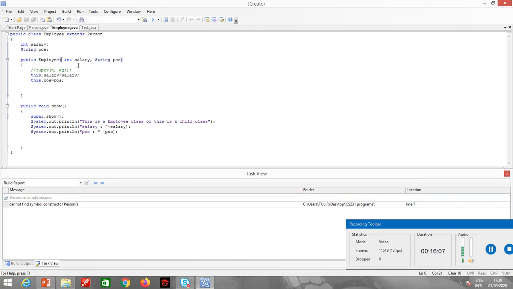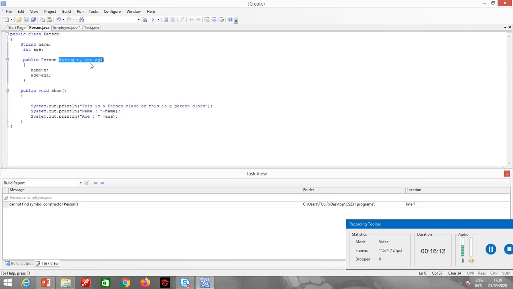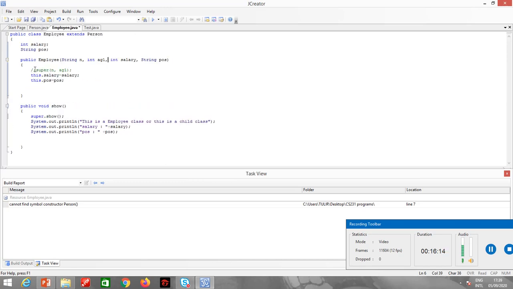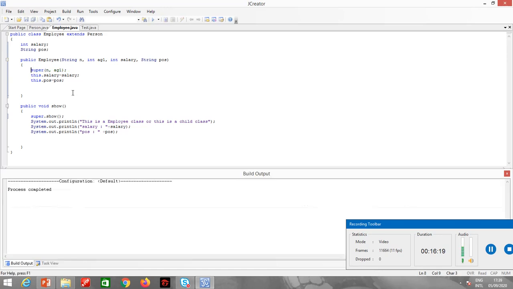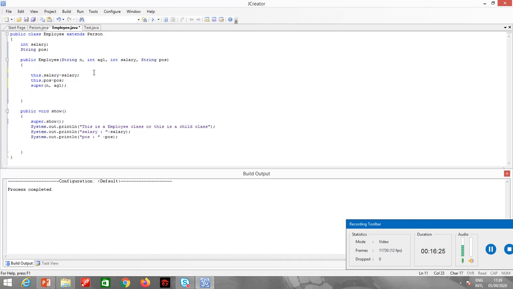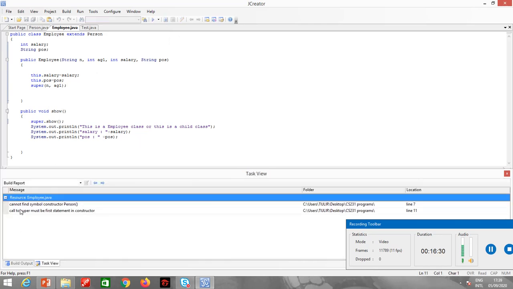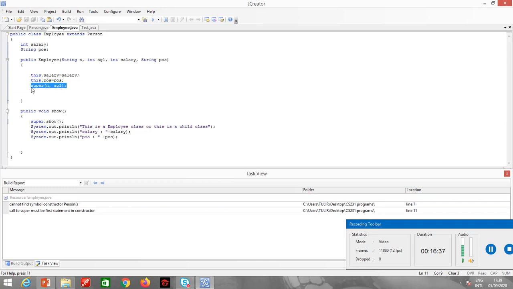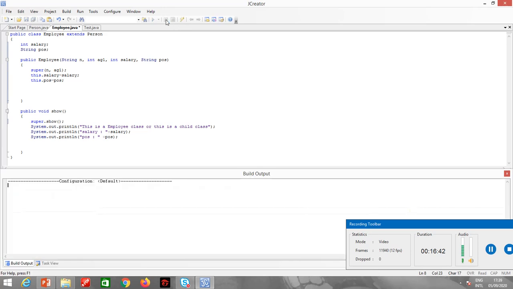So in this case, I need to pass the same parameters which I passed in the parent class, and I need to write this super keyword. One point to be noted here: if I put the super keyword elsewhere, let's see what will happen. Cannot find symbol constructor person. Call to super must be the first statement. So this super keyword must always be the first statement in the child class constructor.